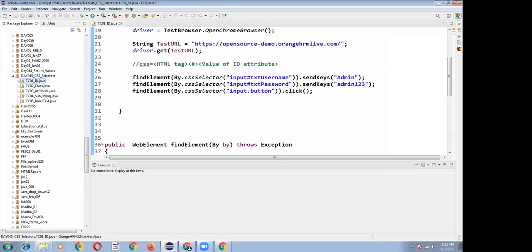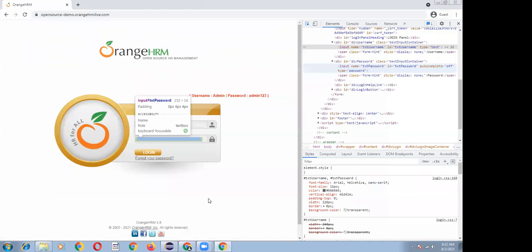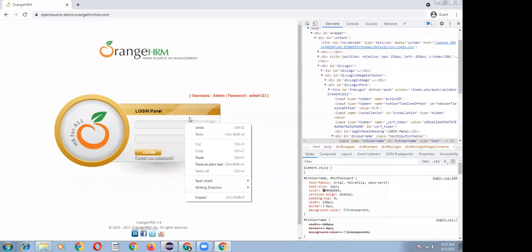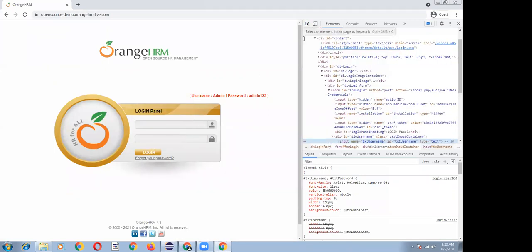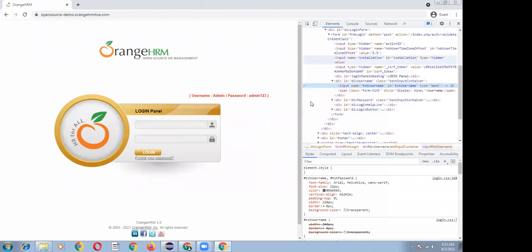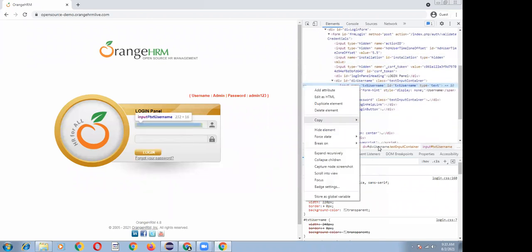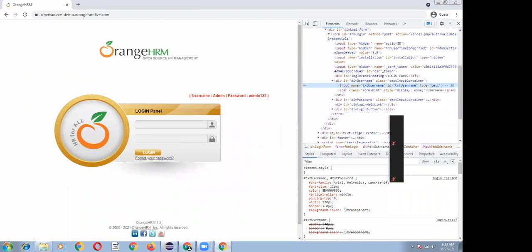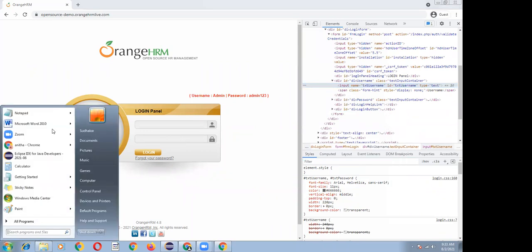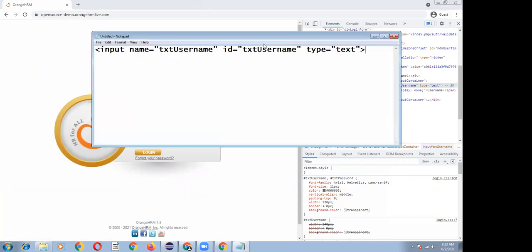ID. Right click and click on inspect, and copy the element. So this is the one.